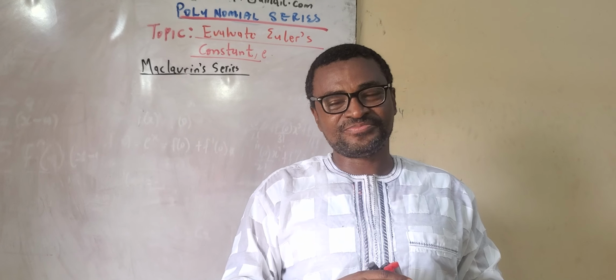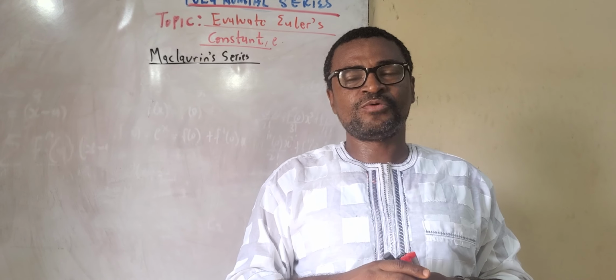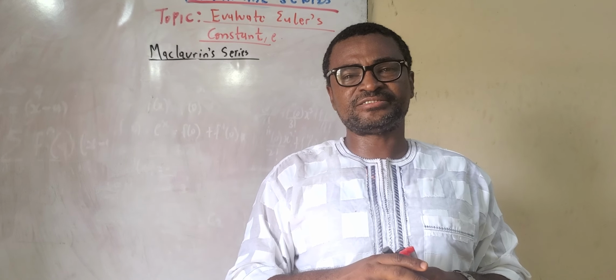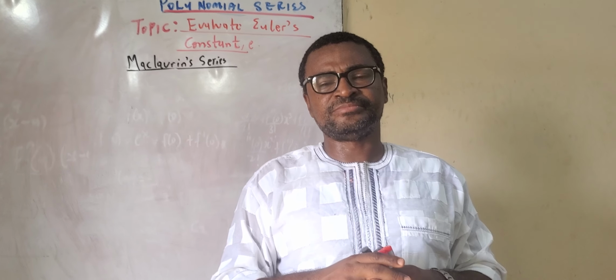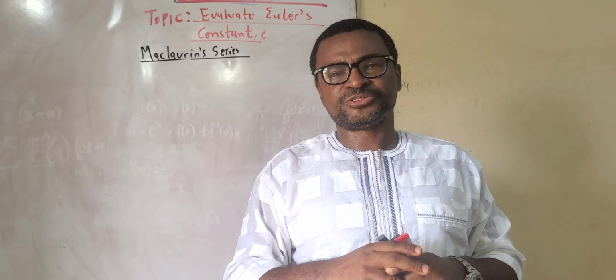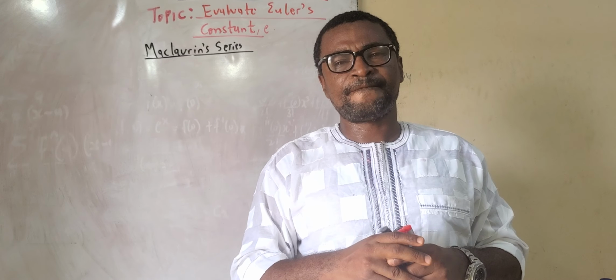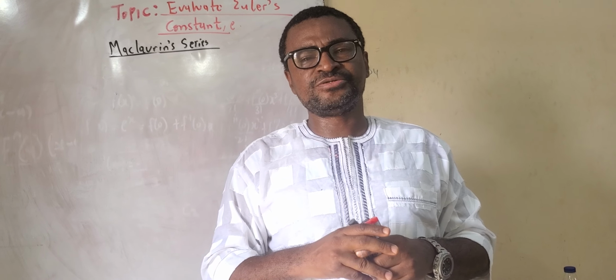Today we are taking a topic in mathematics, and that topic is how to derive what is called Euler's constant. In mathematics, Euler's constant is a very useful constant, and we normally use the symbol e to represent that constant. Please, before we go further, I will refer you to my other video where I introduce the concept of